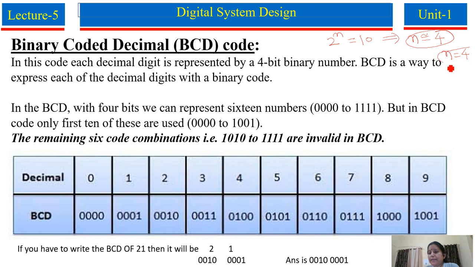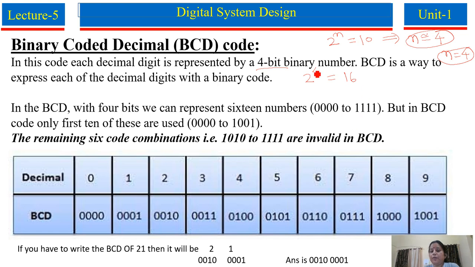This means for any BCD code represented in binary we require 4 bits. So always remember, BCD is always represented with 4-bit binary, never 3 bits or 5 bits. Now, if BCD is represented with 4 bits, how many possible combinations are there? We know 2 raised to 4 is 16. To represent BCD we require a minimum of 4 bits.